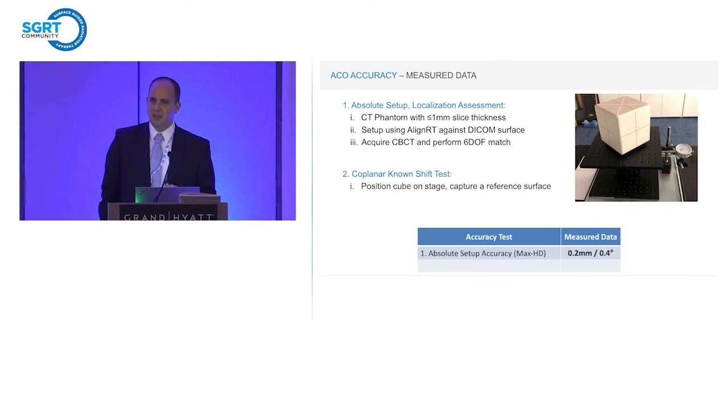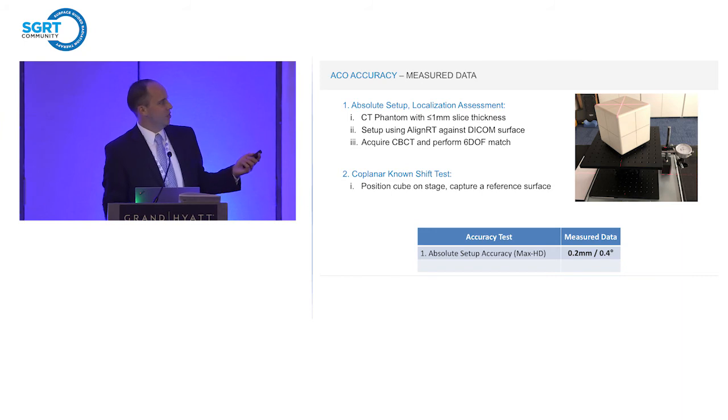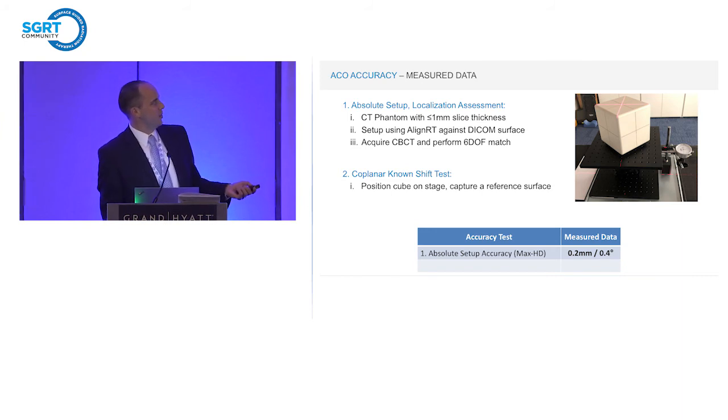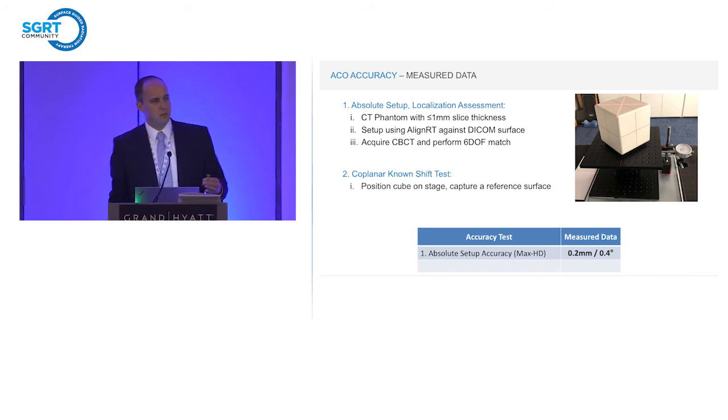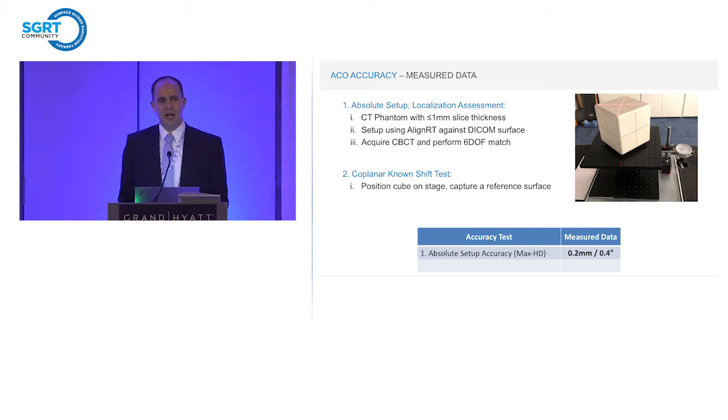One problem we found with this test is that it turns out Align RT is probably more accurate than any other mechanical system in the LINAC environment. At least it stresses those other systems. So to run this test, we had to devise a new mechanism for accurately moving the phantom. We used a motion stage like this, and calipers and different calibrated scales to be able to accurately measure the